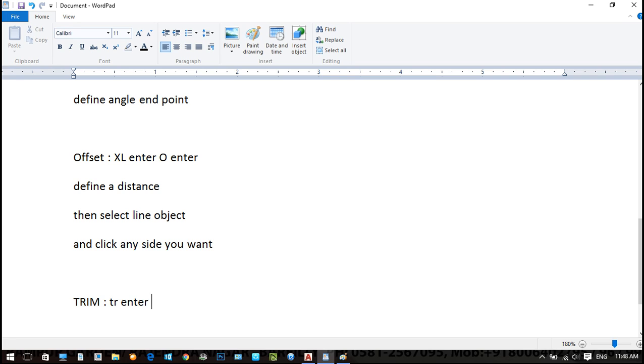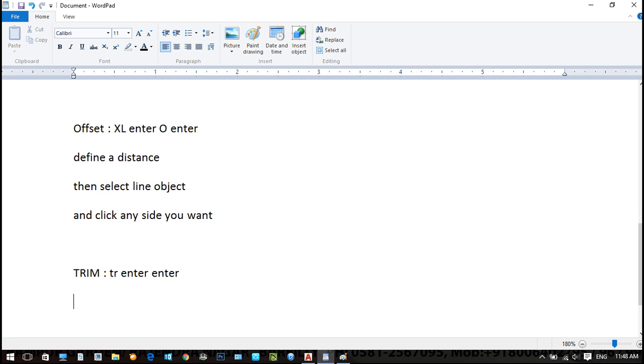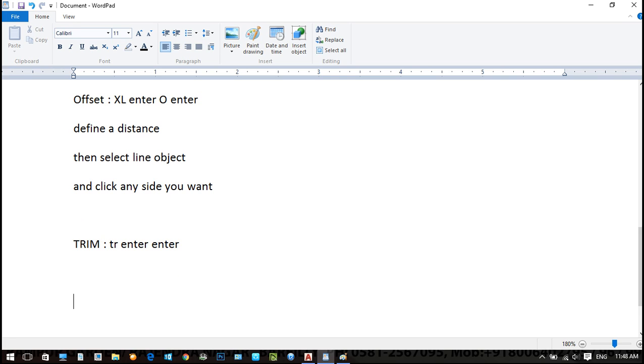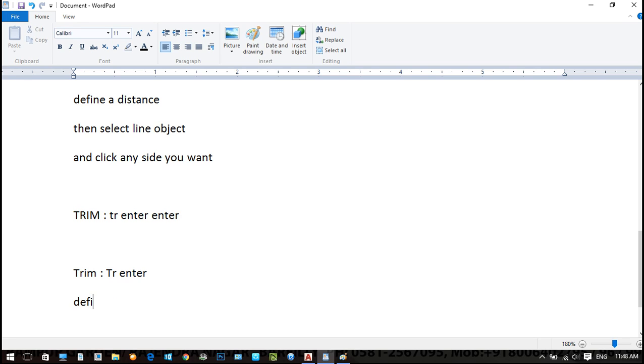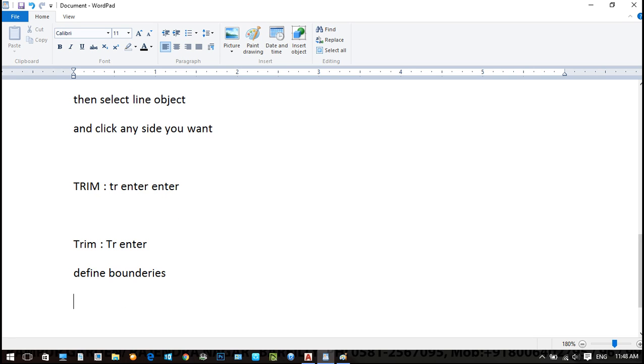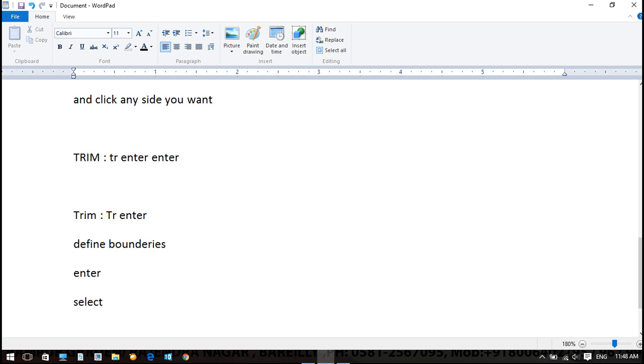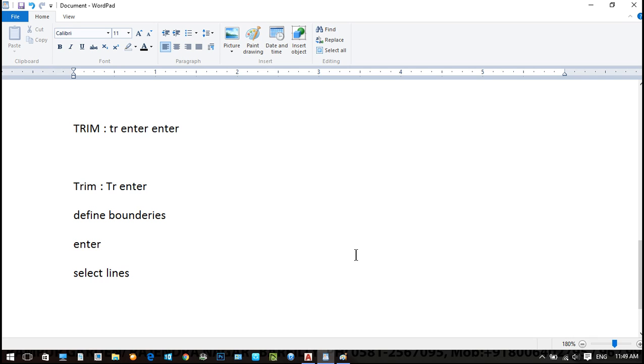So we can utilize TR enter and TR enter space. And if we take single enter, what happens for trim? The boundaries are: TR single enter defines boundaries, and then again enter and then select the line. Okay, so this is the condition to trim my entities.